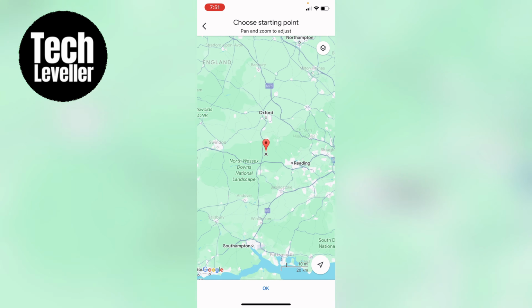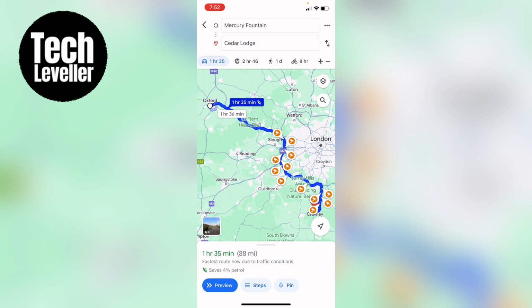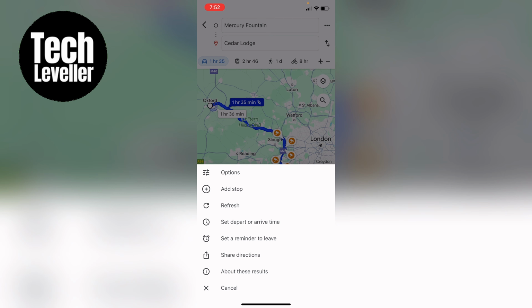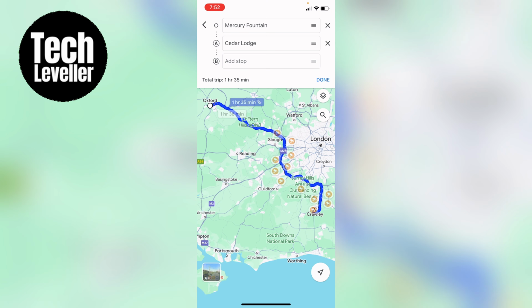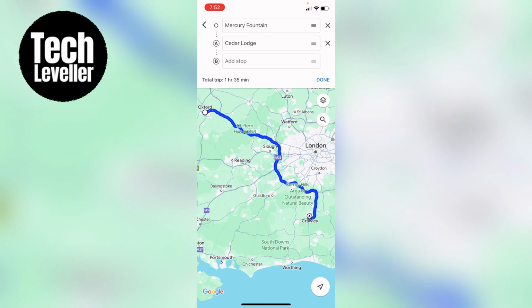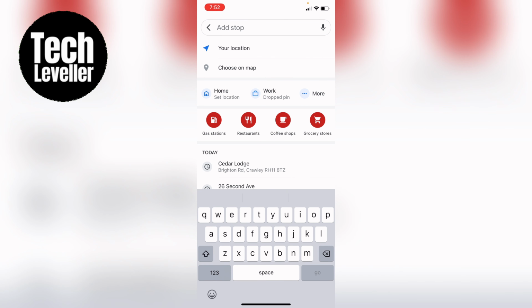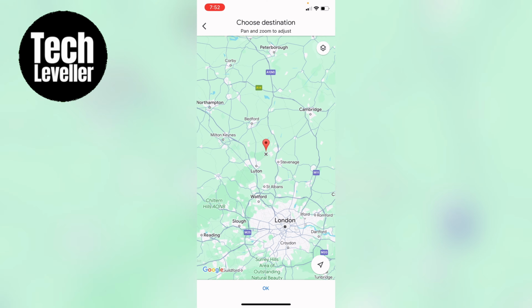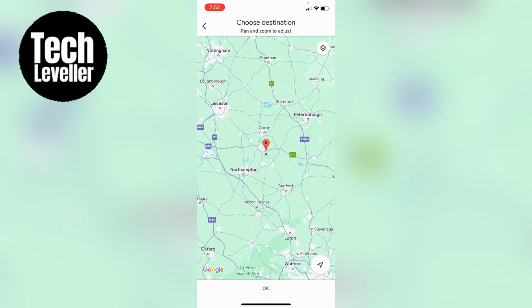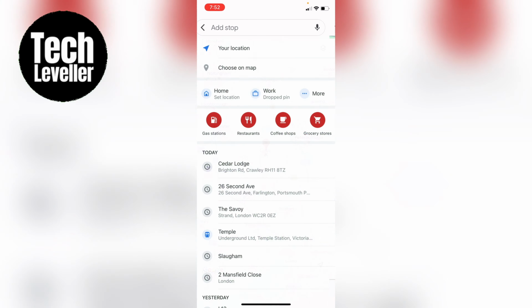You want to press these three little dots next to Mercury Foundation, and then you want to simply press add a stop. Again, we can type the location, or we can choose on the map. Then we want to go to Corby here. Press OK,